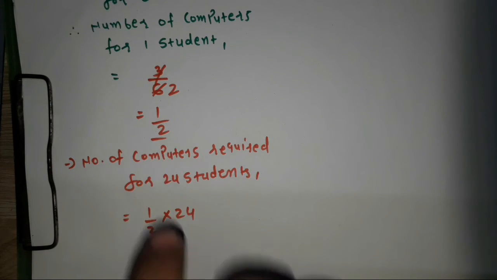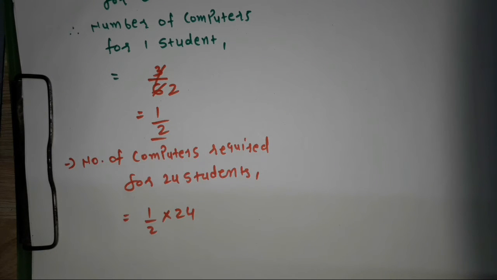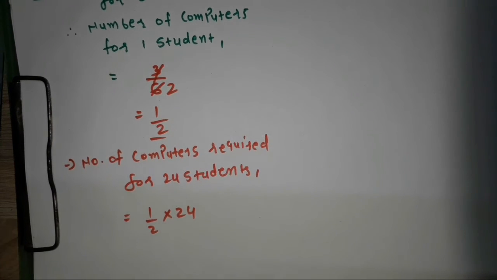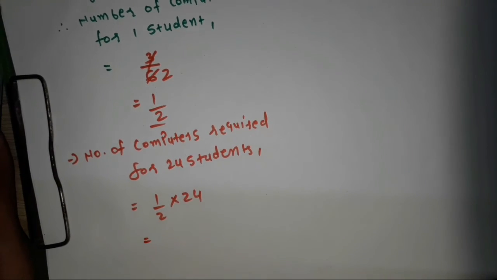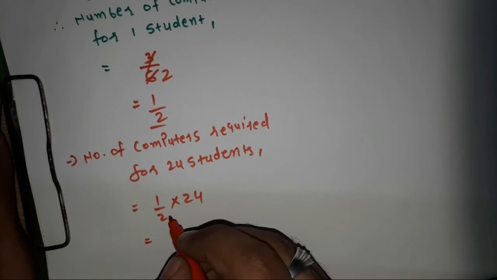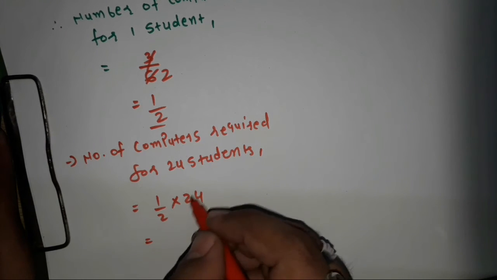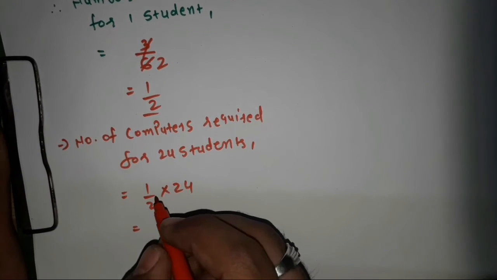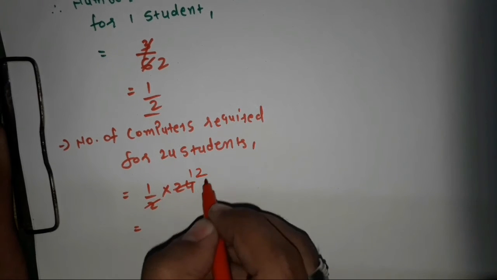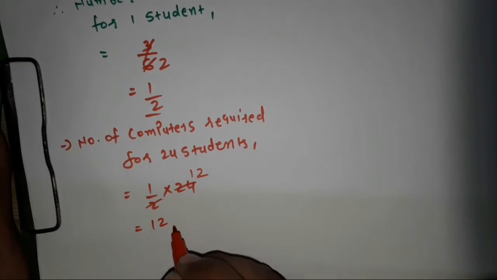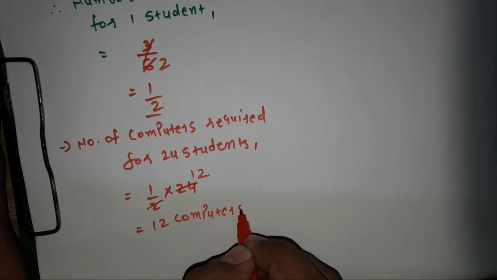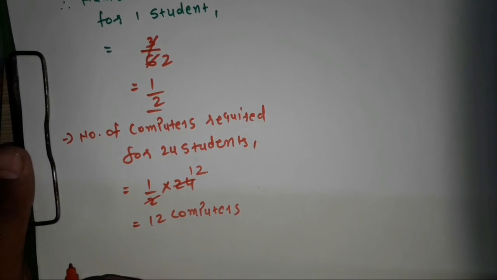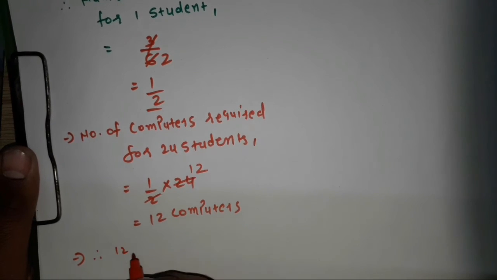Similarly, for one student 1 upon 2 computers are required, so for 24 students I will multiply this by 24. So 1 upon 2 into 24. What is it? Twelve 2s are 24, we all know. So our answer will be 12 computers. So at last we can write: therefore, 12 computers